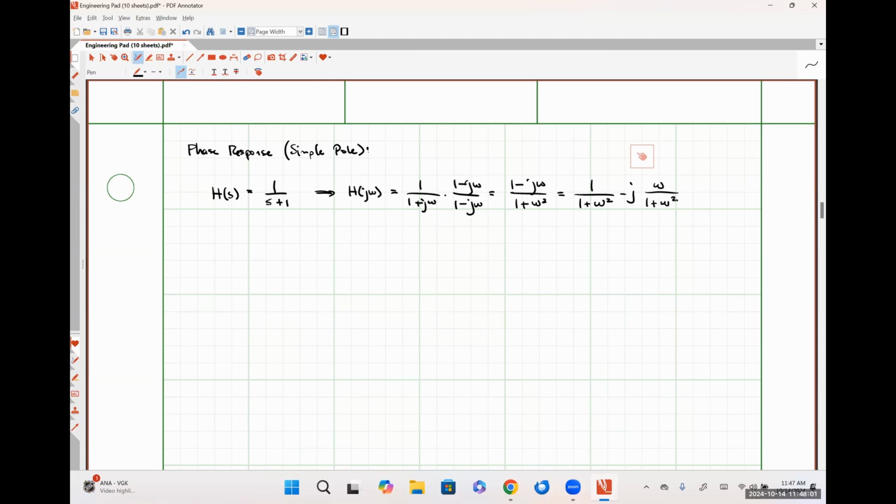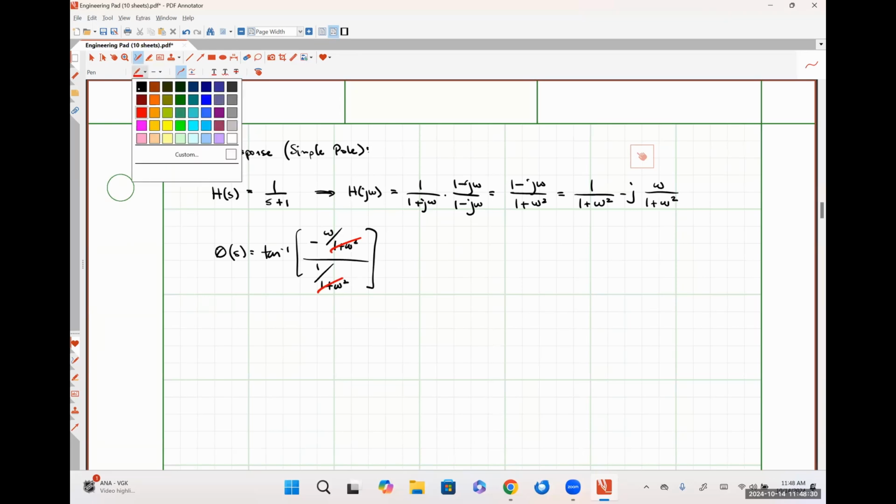So my phase response, theta, as a function of s, is the arctangent of the imaginary part. That's going to be negative omega over 1 plus omega squared divided by the real part, which is 1 over 1 plus omega squared. And we should see that these two denominators cancel each other out. So we simply have